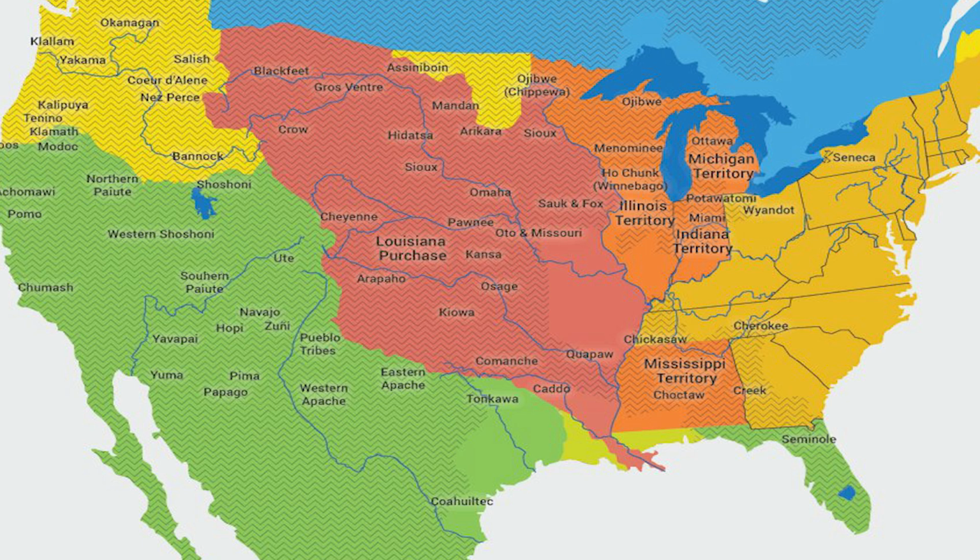For just $15 million, the U.S. acquired a vast territory from France, nearly doubling the nation's size. This bold move secured control of the Mississippi River, a lifeline for trade, and set the stage for America's westward expansion. But how did this historic deal come about, and what were its lasting impacts?